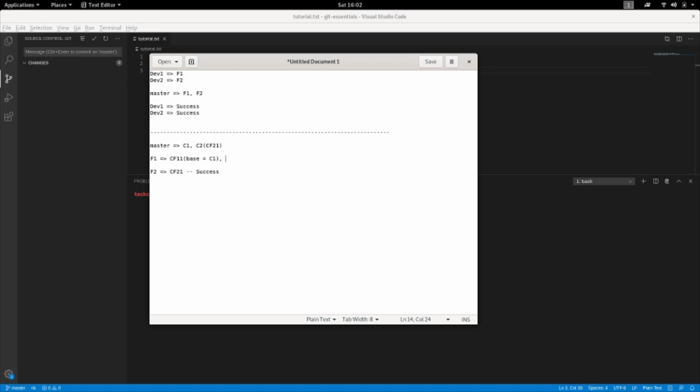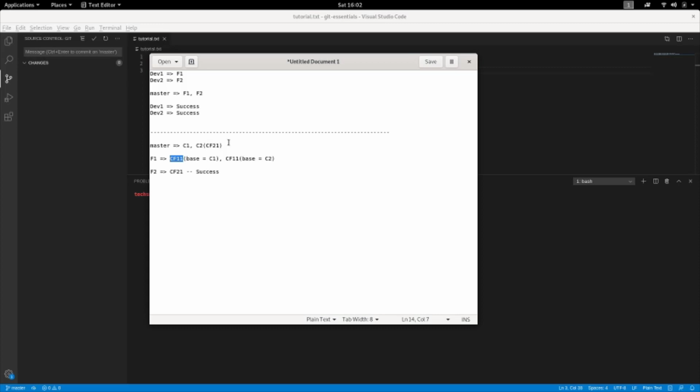So I'll have the same commit CF11 with base equal to C2. Now in my current CF11 I'll have all the changes of F2 that are added to the master, that is C2. So rebase is simply self-explanatory. In this commit my base is C1, and after rebasing my base commit will change to C2. And this is the concept of rebasing.